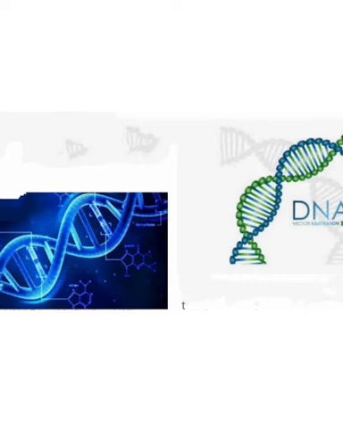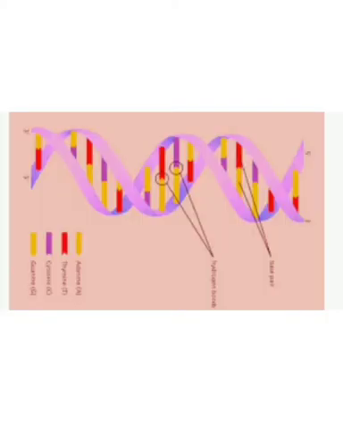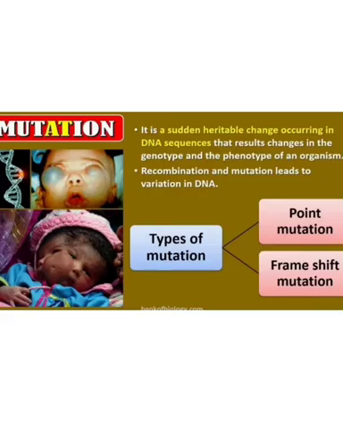You know the structure of a DNA helix? Yes, a DNA helix is a highly supercoiled structure. Therefore, loss or gain of a segment of DNA results in alteration in the chromosome. Since the genes are known to be located on the chromosome, the alteration in the chromosome results in abnormalities or aberrations. The mutation occurs in two different ways. Number one is point mutation and the other one is frame shift mutation.